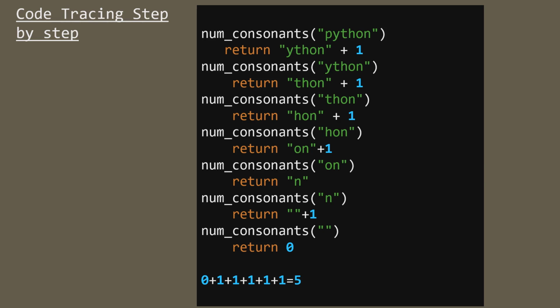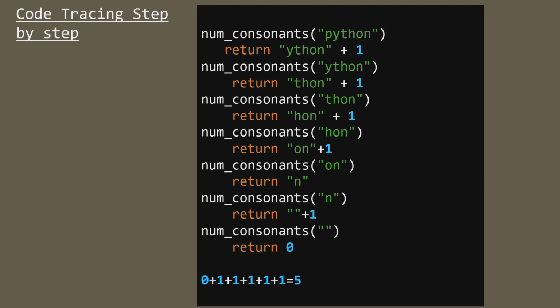Now the num_consonants function will be called with this string YTHON. This time it will check the character Y, which is present at index 0 of this string, and since it is also a consonant, it will return THON plus 1. Okay, your string will become THON and 1 will be added.